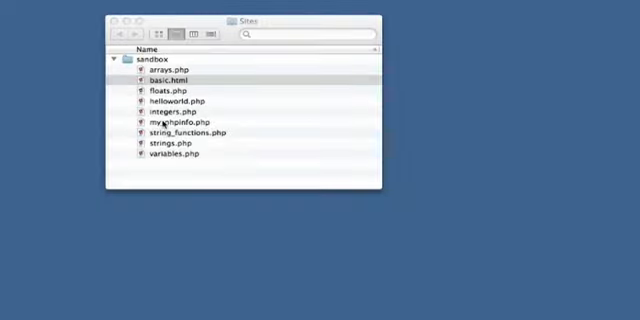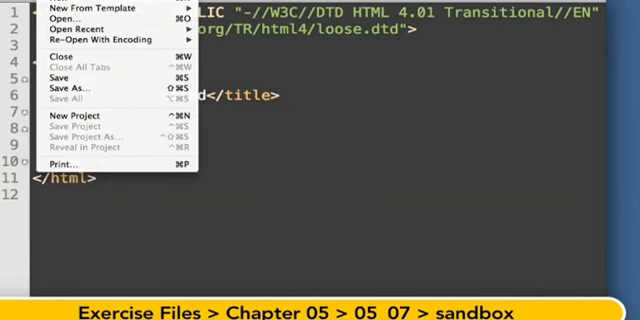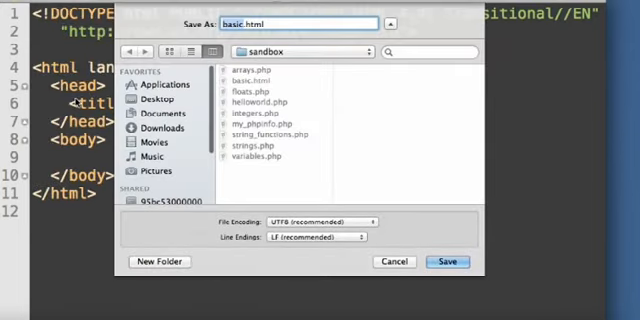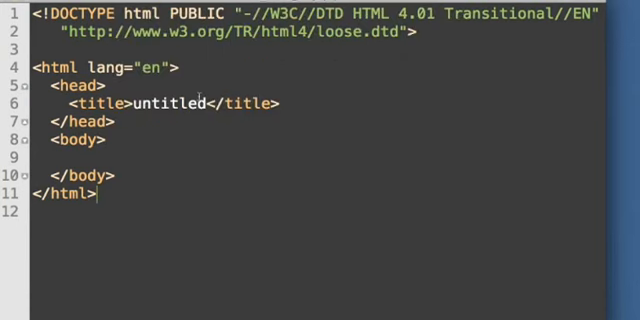Let's try one out. For associative arrays, let's start by opening up basic.html, and we'll do Save As, and we'll call this assoc_arrays. Assoc is what I'm going to use as short for association. And make sure you put .php at the end. And here,